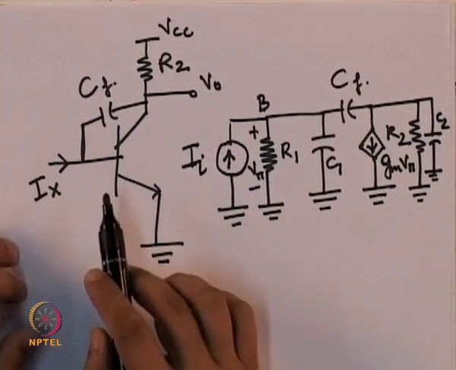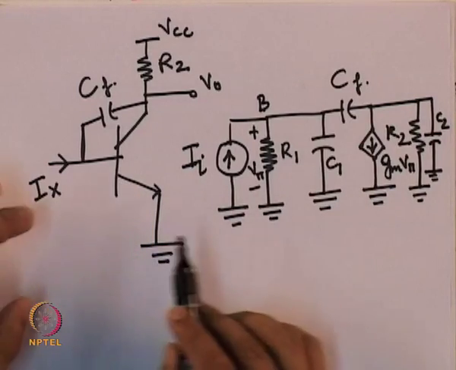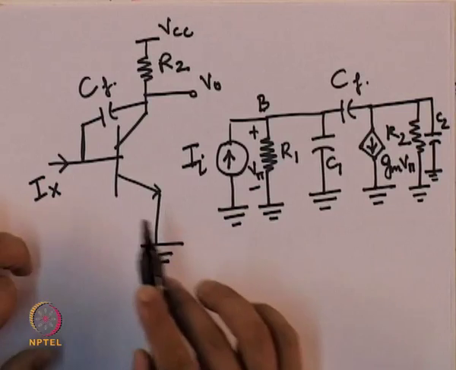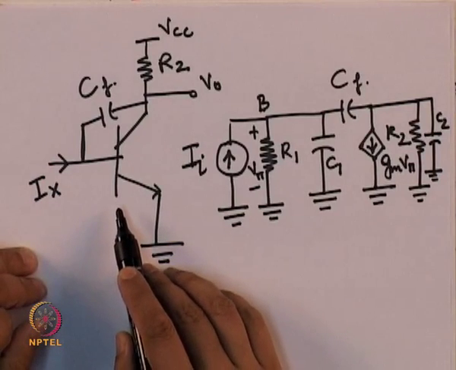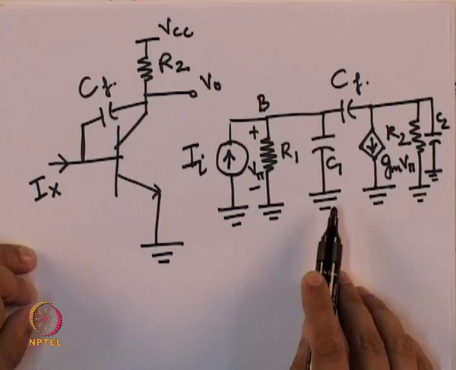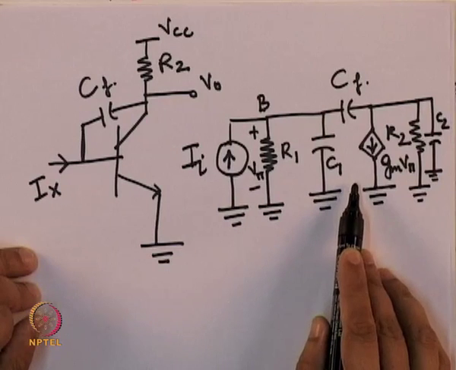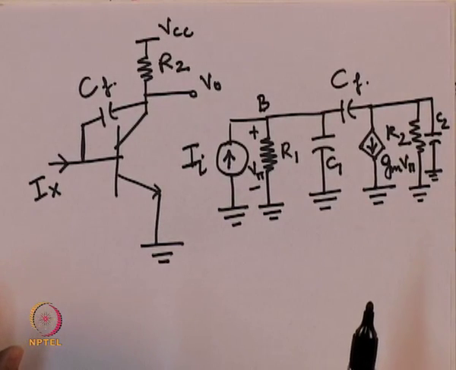So this is the equivalent small signal model of this circuit. By small signal I mean a linear model. A BJT inherently is a nonlinear device, but for the range of voltages and currents that we will be considering,